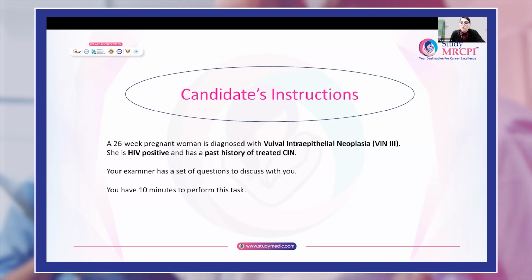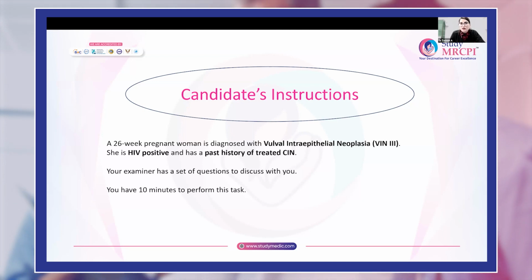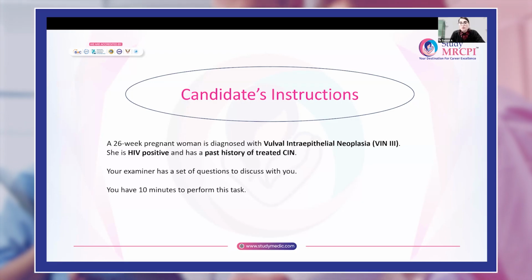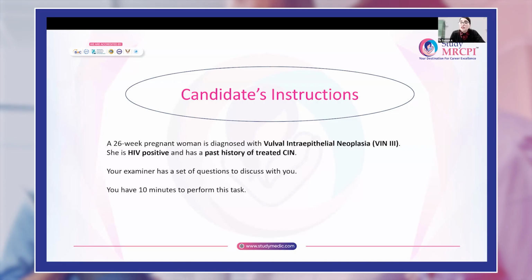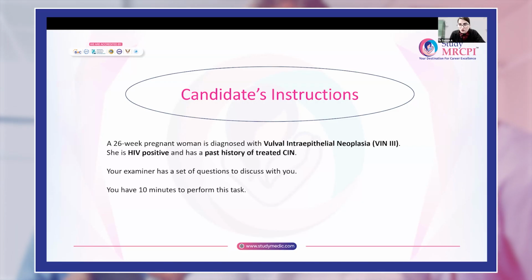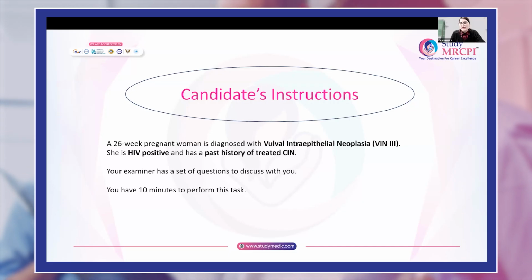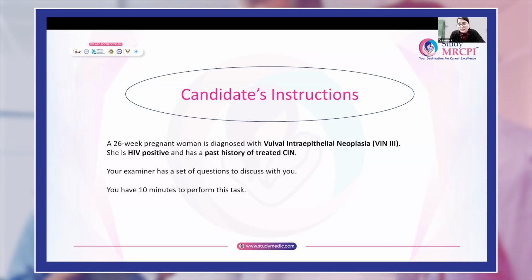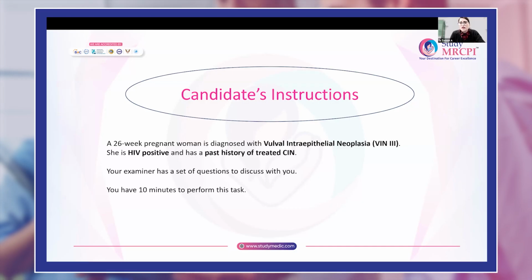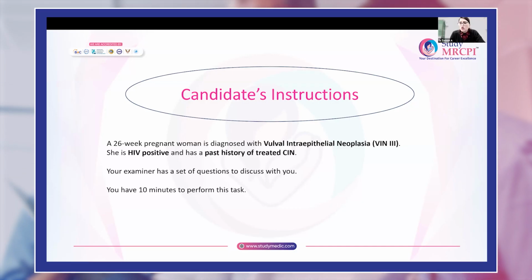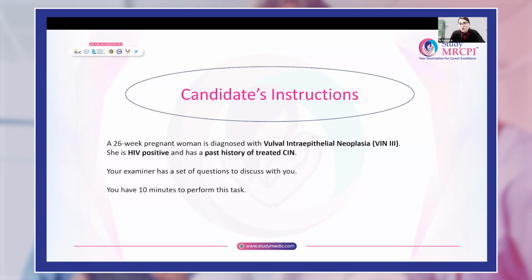So I will perform the examination in this patient. First of all, general examination regarding her observations of blood pressure, pulse, temperature, as she is a known case of HIV. So the general look of the patient and her immunodeficiency state: whether she looks cachexic, or she has lost weight, or what about that.